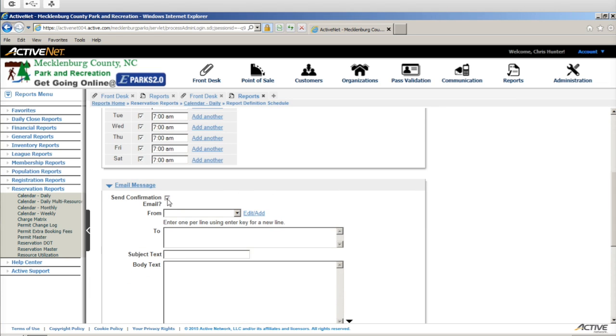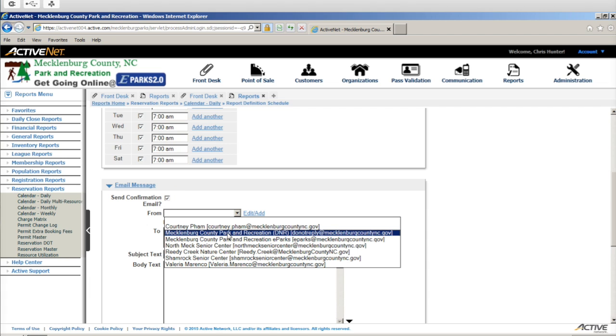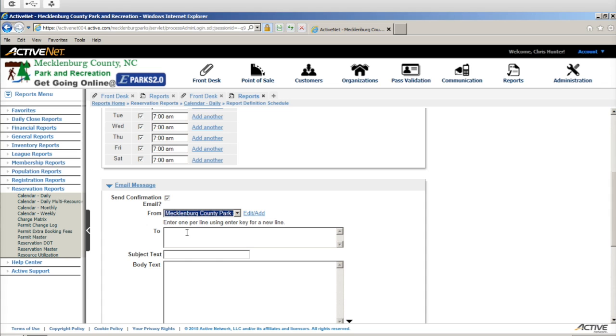All right, you're going to go down here. You want to send the email confirmation. If that box is not checked, you should check it. And then you want to say it comes from Mecklenburg County Park and Recreation. Do not reply. Now, who do I want this report to go to? I want this report to go to chris.hunter@mecklenburgcounty.nc.gov. And if you want it to go to any other staff, if you want it to go to some of your MOTs or MOAs, you can simply hit return and type in who else you want this report to go to. So I'm going to send one to Jared Mull,